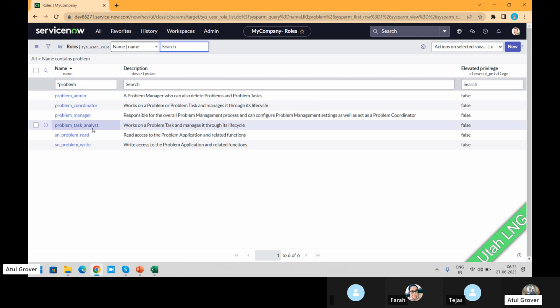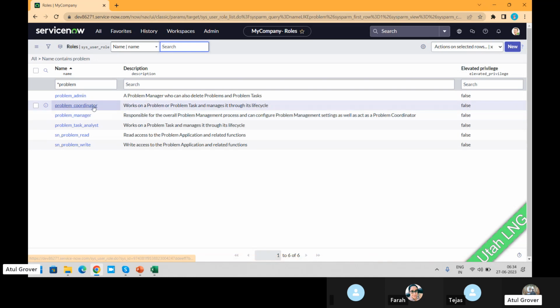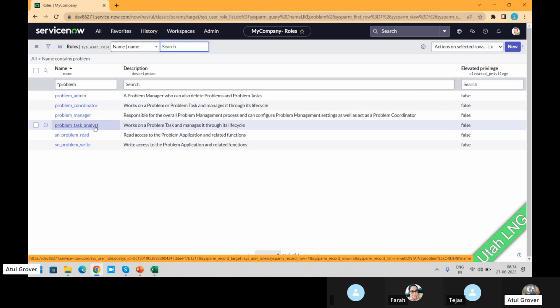We have to understand this part very carefully. If I assign this role to anybody, he can work as a coordinator and he can work as an analyst. If I say coordinator, he can work as an analyst and ITIL will definitely be there.